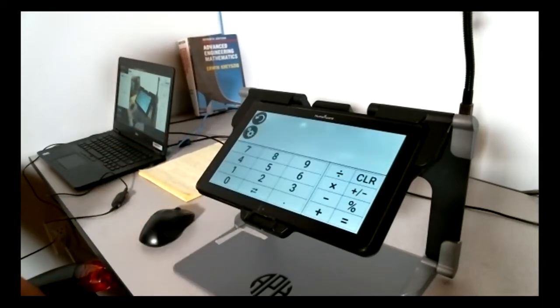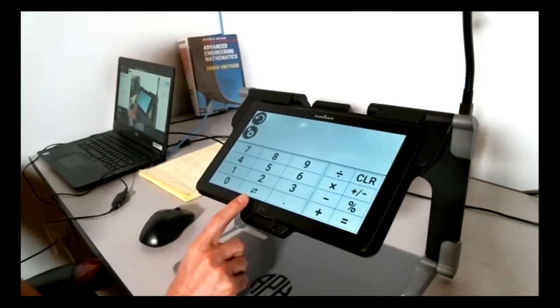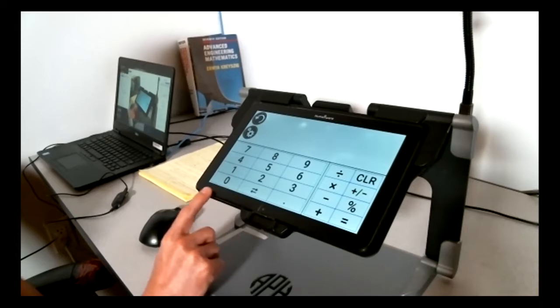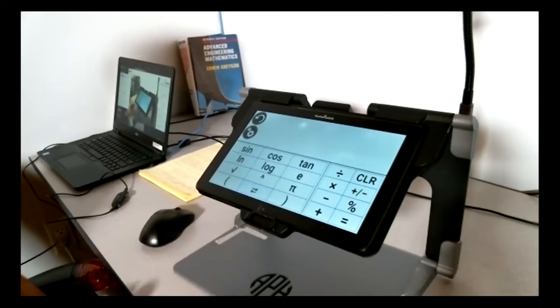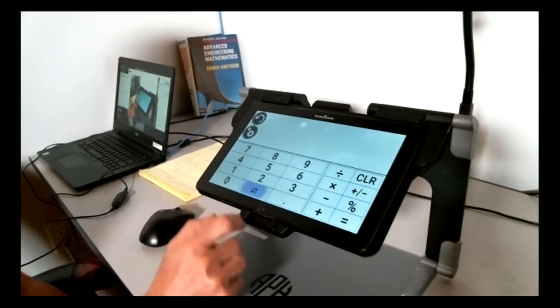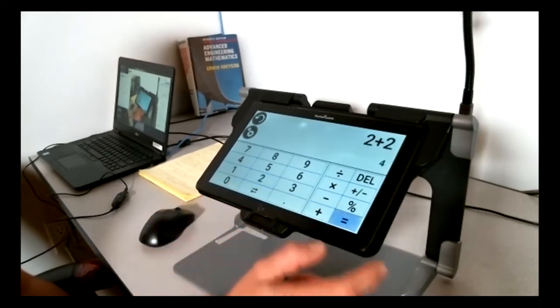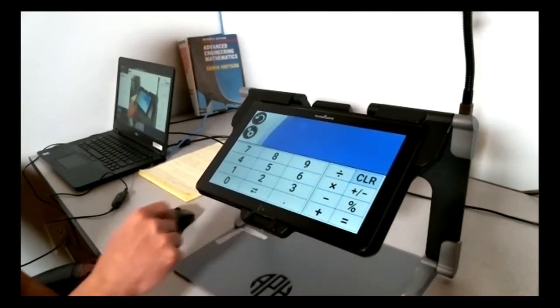Now, it pretty much looks like the same interface that we had in the basic mode calculator, but if you notice at the bottom here, there's no double zero. There's a two arrow. So the second button from the left at the bottom of the calculator is a two arrow button now. And if you press on that, it's going to give us another menu which has all the sine, cosine, tan, all the logarithmic and exponential functions that you can use. Now, this calculator is pretty powerful because you can do either very standard arithmetic, or if you want to, you can do